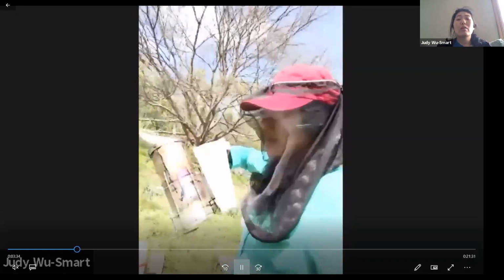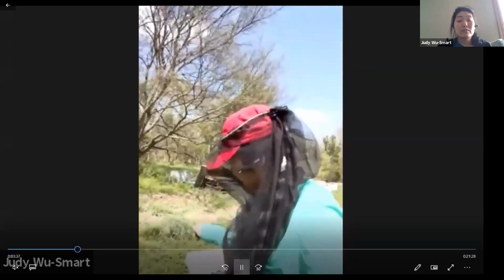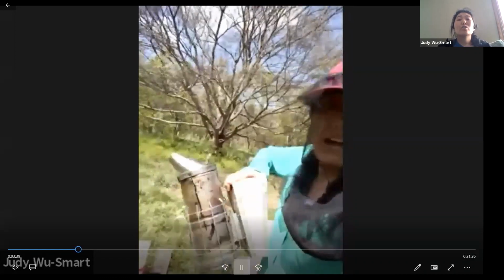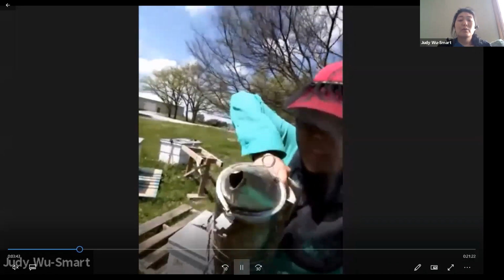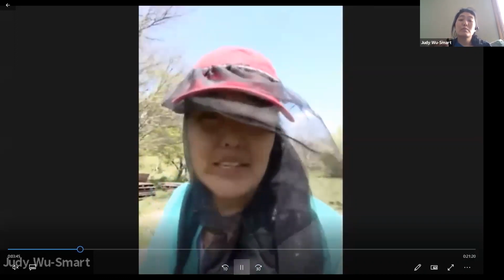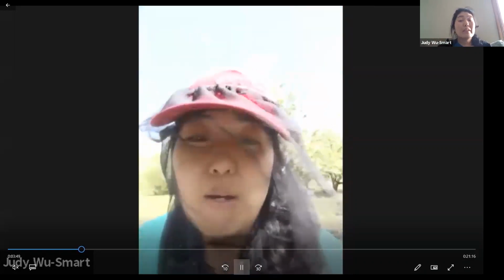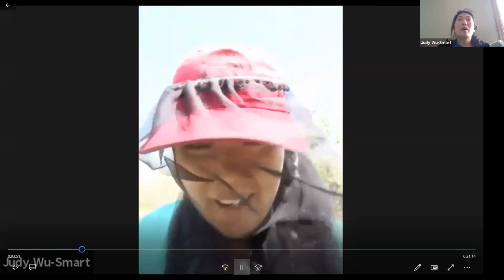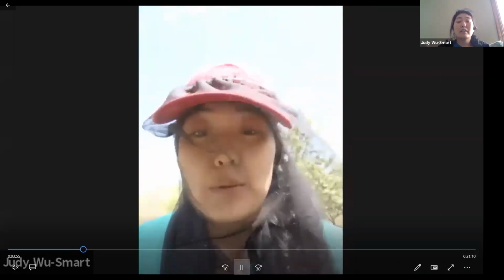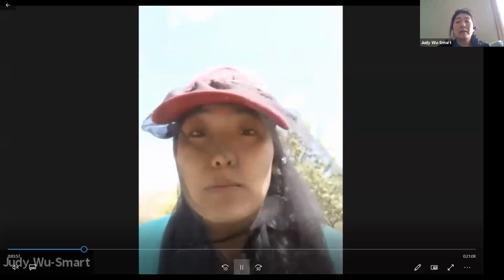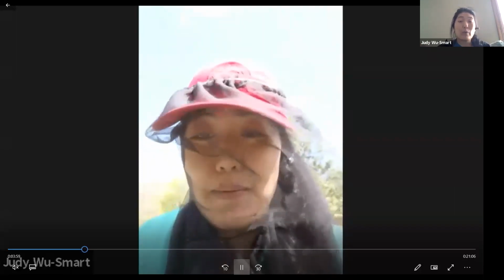And this is a tool called a smoker. This is another safety tool that a beekeeper uses to calm the bees. Here I'm pushing that smoker down in and out, and it's producing smoke. The bees sense that smoke, and we believe that it's a response to a forest fire. Bees will start to pick up all their belongings and leave in preparation for needing to find a new hive.